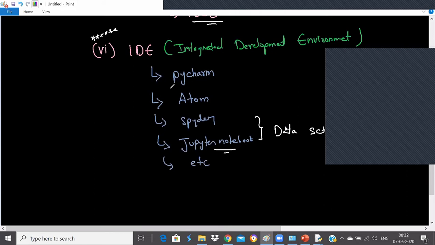It works something similar to your shell, but it's more advanced. So you can go either with Jupyter Notebook or IDLE, if you want, no problem at all for me. But PyCharm, Atom, Spyder and all, let's introduce later. I'm not going to show you all these things right now as I showed other people, as I'm not going to use PyCharm, Atom or Jupyter Notebook right now. We will explore later. Is that clear for everyone? If you wish, you can explore, no problem, but we will start using it later.